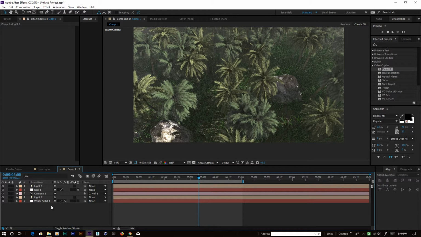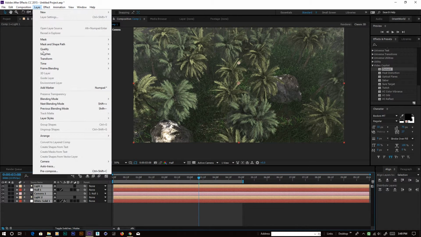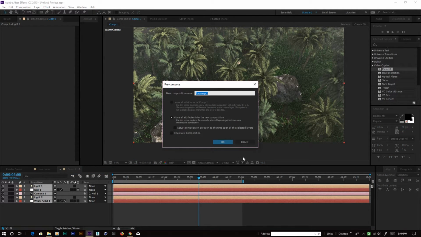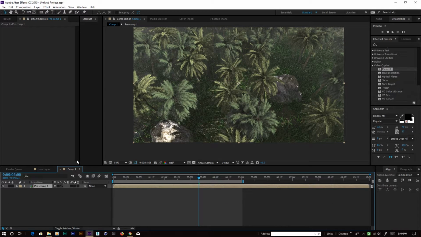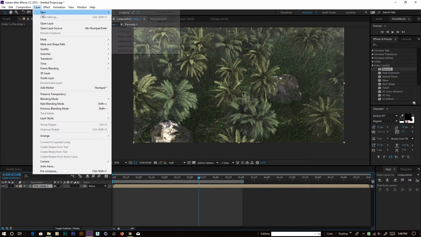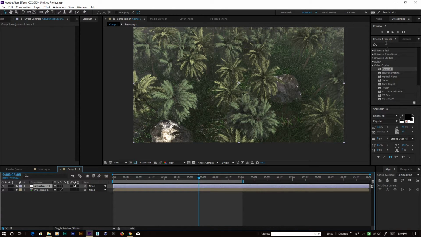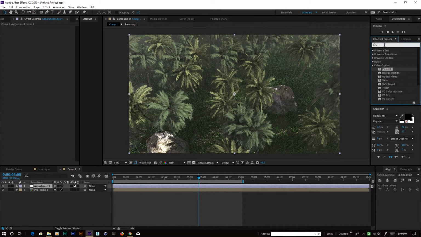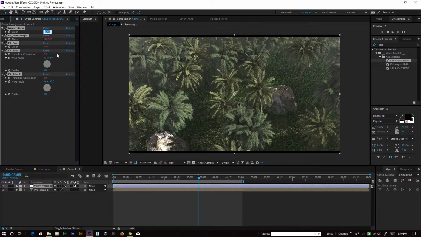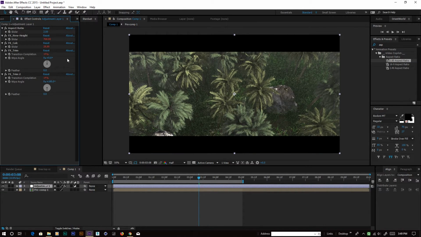So first we select all the layers and create a new composition. I pre-compose this, so go to the layer, pre-compose, and move all the attributes and hit OK. So now we create some color correction here. So first we create a new adjustment layer, and I like to use letterboxing. So go over here and write aspect ratio. We'll select that first one and change the value to 2.5. Okay,